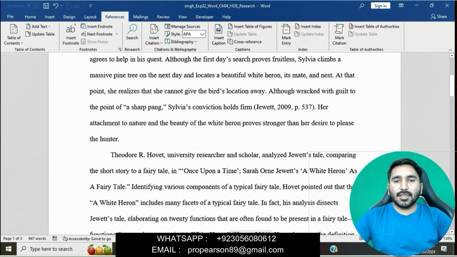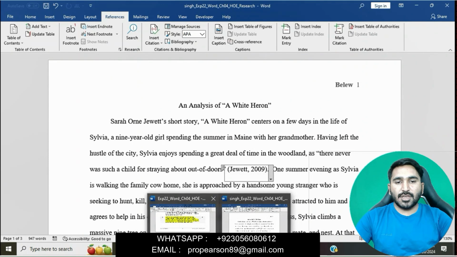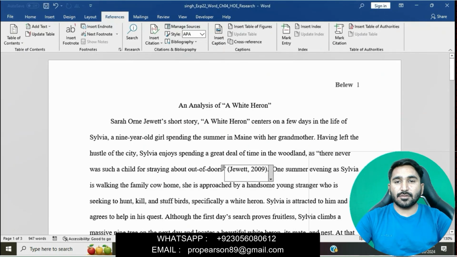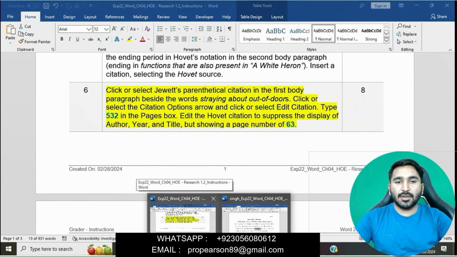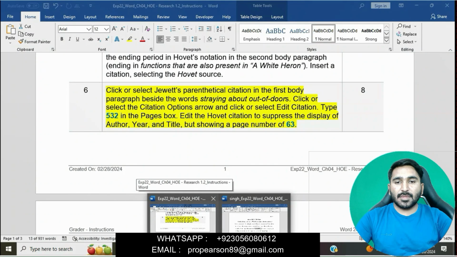Click or select the Javed 2009 citation. Select the citation option arrow and then click edit citation. Tab 532 in the pages box.